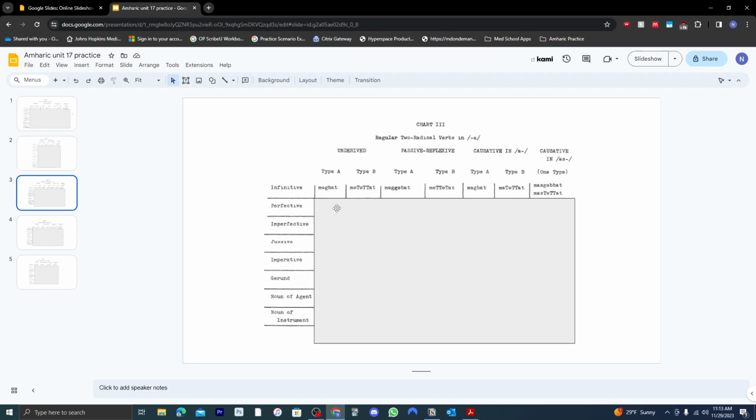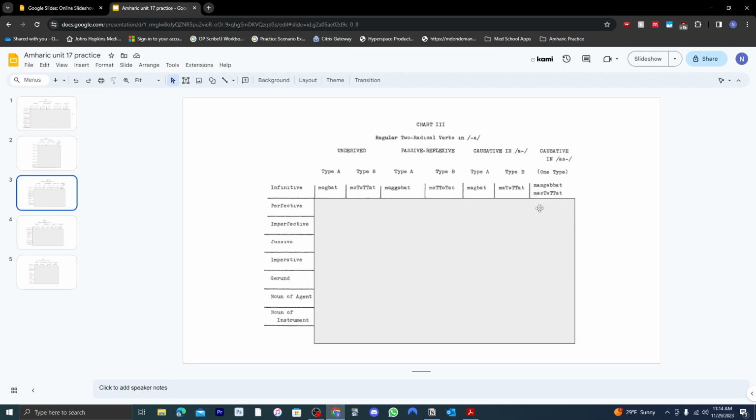So perfective. This is geba. I know that for some reason. I think the perfectives here keep their A's. I just don't know why I remember that. So geba, et, geba, et. Oh, because these are passive reflexive, they're gonna have a T in there. So et, it, geba. Oh my gosh. Et, I guess, and because it has an A, and then